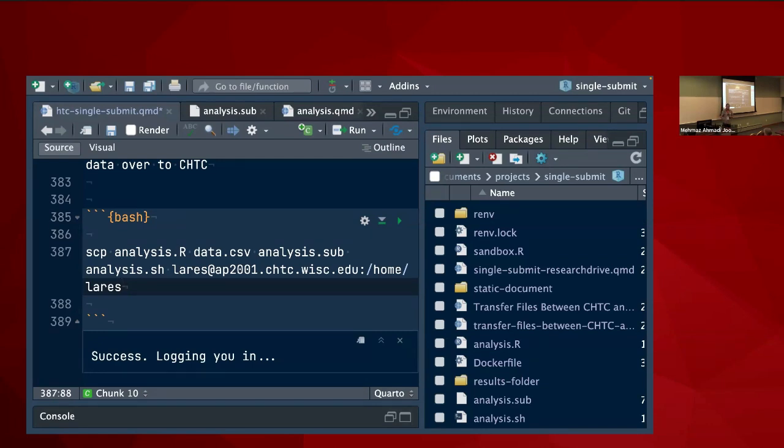Log you in and copy the files. Yes. Can you use SSH? Yes, you can. There is a